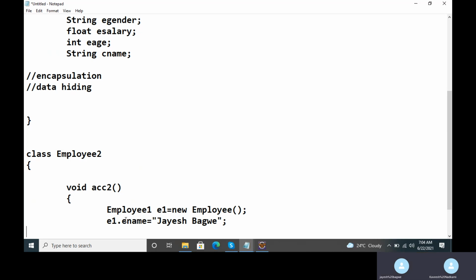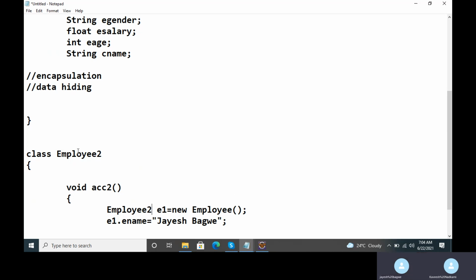The reason being, in Java, we must always try to prevent access to the data members of a class from inside another class. Now you are inside class employee2, and here I have directly accessed the data members for the E1 object, which is not an object of the same class, Jayesh. It is an object of a different class, that is employee1. If you had created an object of employee2 here, suppose, then it's fine.